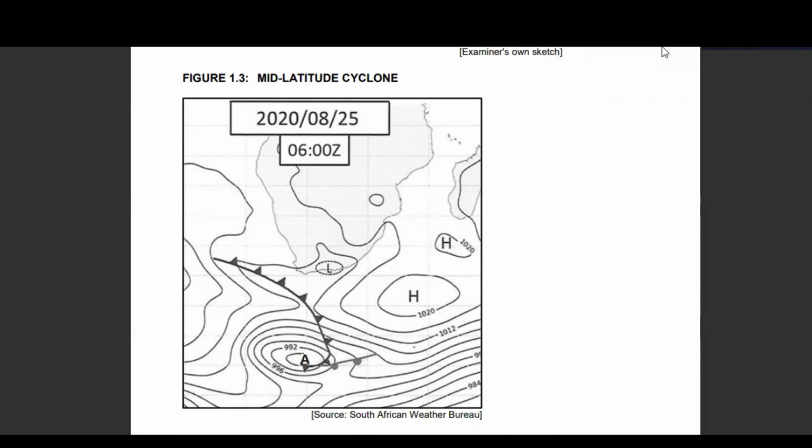Today I want to look at the topics that we look at in term one. In term one, we look at climatology, and we focus on topics like mid-latitude cyclone, tropical cyclone, anticyclones, and so on and so forth. So for the focus of today, I want us to look at mid-latitude cyclone and just a few aspects that